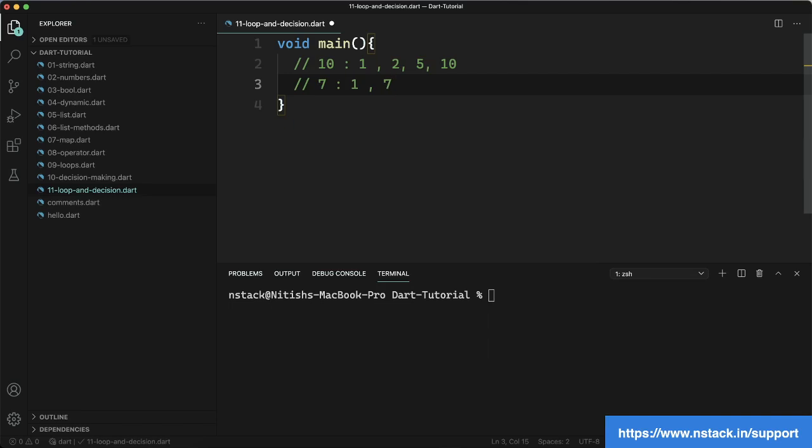Any number which has 2 factors means the number is divisible by only 2 numbers. In the case of 7, 7 can be divided by either 1 or 7. In the case of 10, it is divisible by 1, by 2, by 5, and by 10. So it has 4 factors. So 7 is a prime number because it has only 2 factors, and 10 is not a prime number because it has more than 2 factors. I hope you got the logic. So we are going to make a program which will check if any number is prime or not.